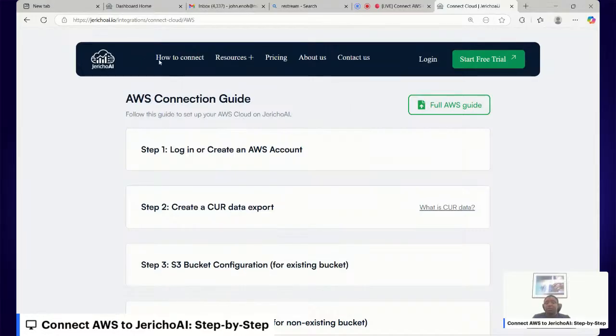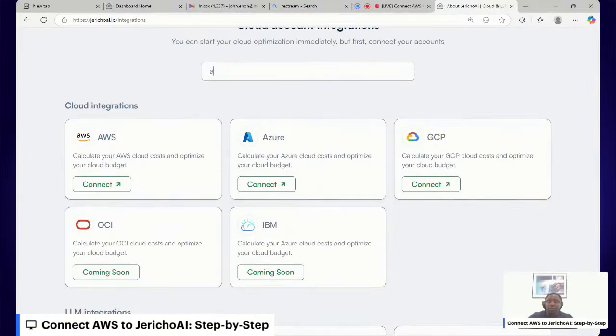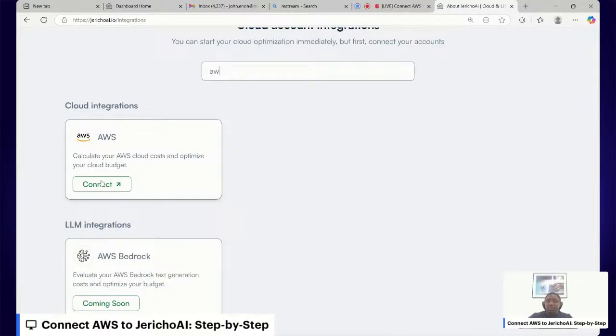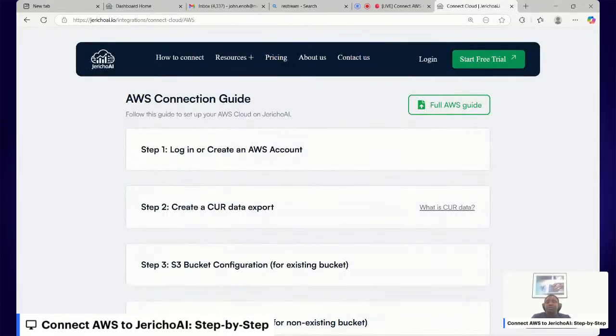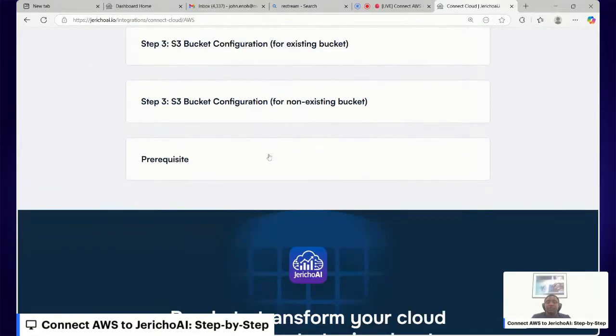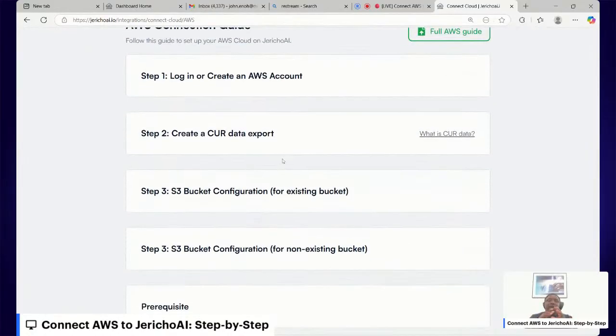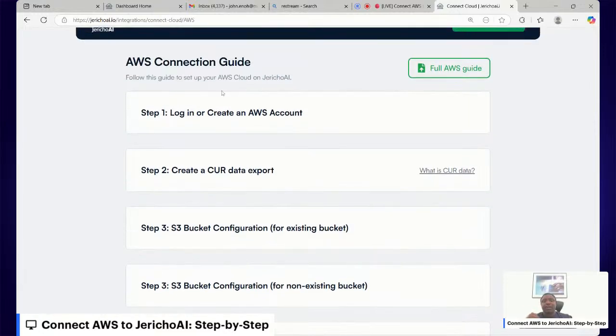If you go to how to connect, then you search for what you really want to connect. You want AWS, right? So you follow this guide. It will help you do it yourself, step by step, on how to connect your AWS account. There are prerequisite things you need to do on the AWS side for JerichoAI to support you and provide cost